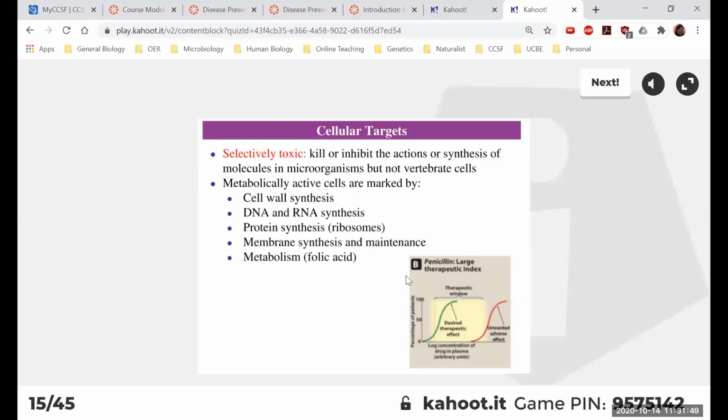When it comes to cellular target, there are 5 classes of antibiotics. So penicillin belongs to cell wall inhibitors. There's also a very large class that inhibit protein synthesis. So basically, the drugs will target ribosomes. And then some drugs can also target DNA and RNA synthesis. Other drugs can actually target the cell membrane. And then the last class is the class that target folic acid synthesis. So we kind of generically talk about these drugs as metabolism inhibitors.